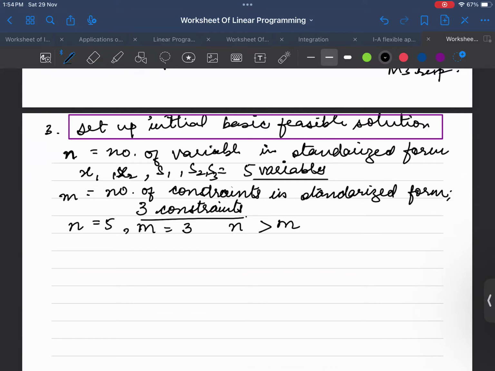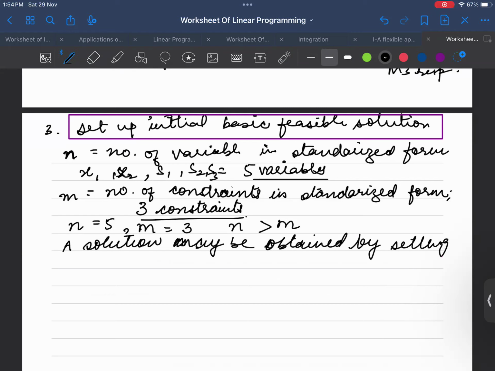In that case, a solution may be obtained by setting n minus m variables